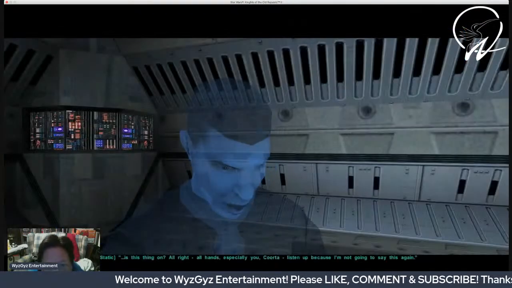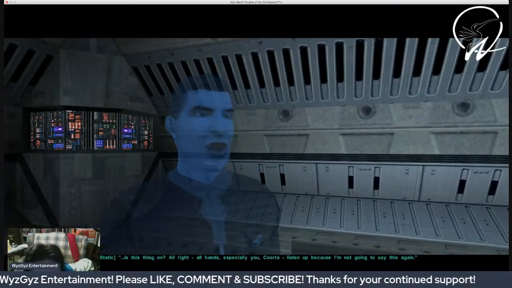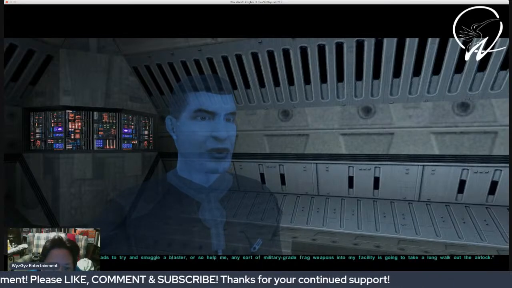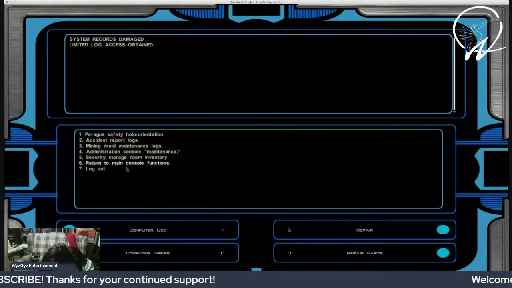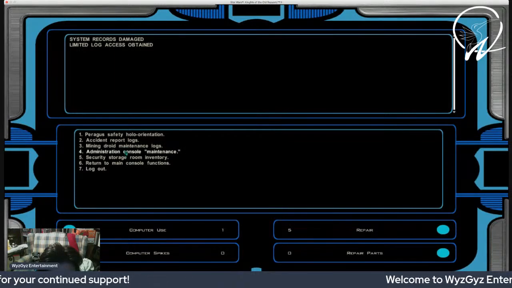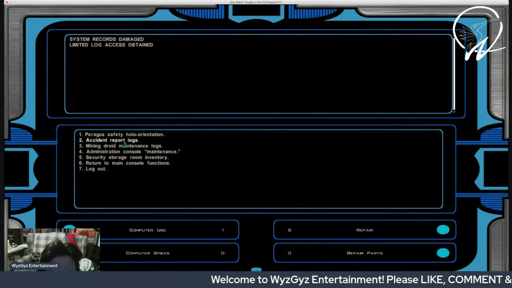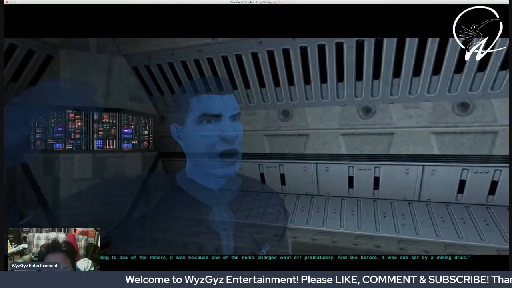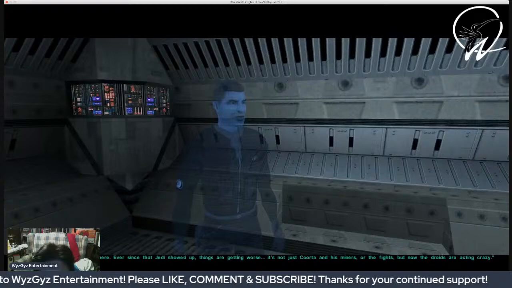Is this thing on? All right, all hands, especially you, Quarter. Listen up, because I'm not going to say this again. The next one of you Juma heads to try... What? So... Accident report log. And according to one of the miners, it was because one of the three idiots were grouped so close to the